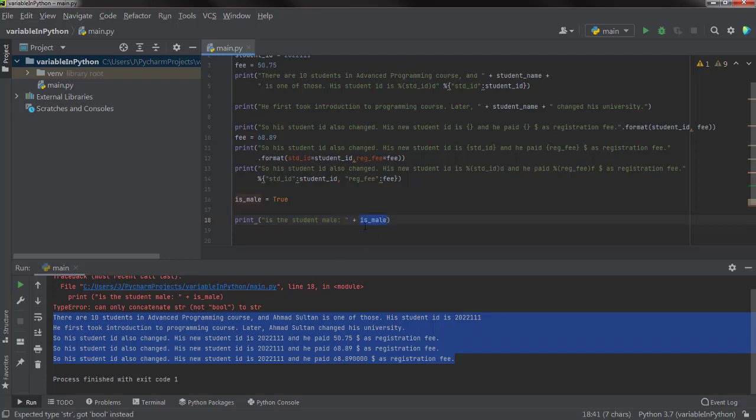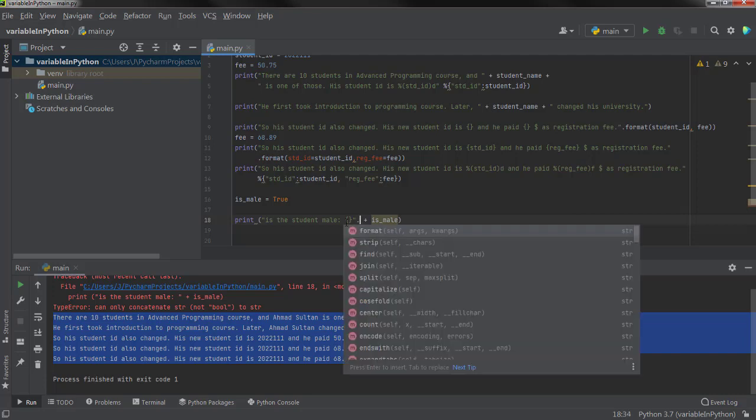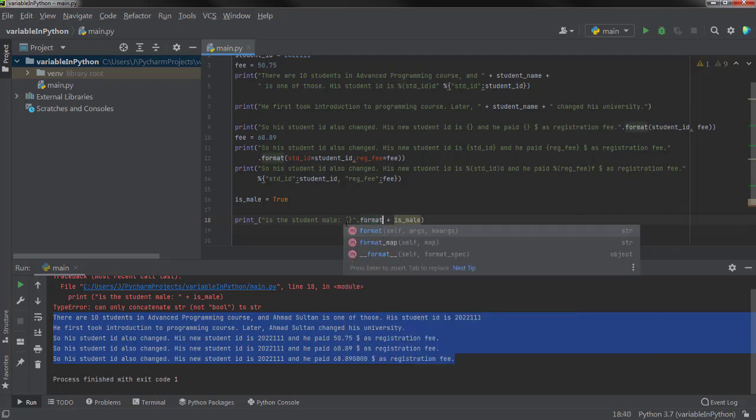So what you have to do is, again, you can use all of these three things which I have defined here. For example, let's do this. Place this bracket here. Then right after this quotation mark, write format.